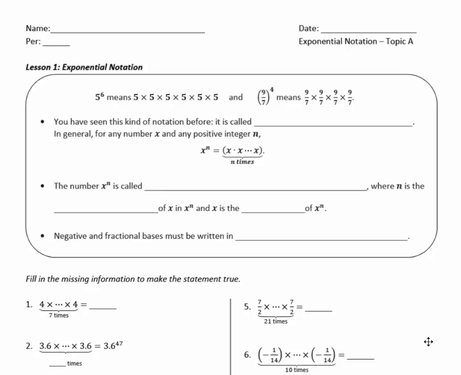For example, we have here, first of all, you would read this as 5 to the 6th power, which means 5 times 5 times 5 times 5 times 5 times 5. Here we have 9 sevenths. This is read to the 4th power, which means 9 sevenths times 9 sevenths times 9 sevenths times 9 sevenths. You've seen this kind of notation before. It is called exponential